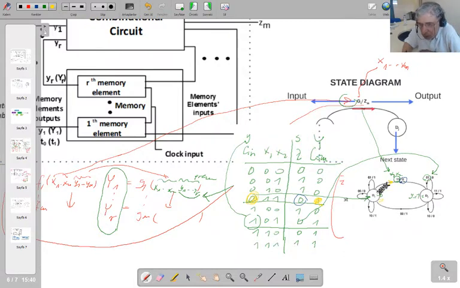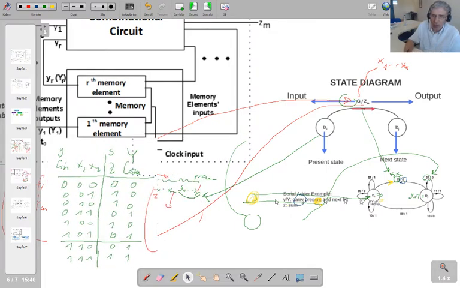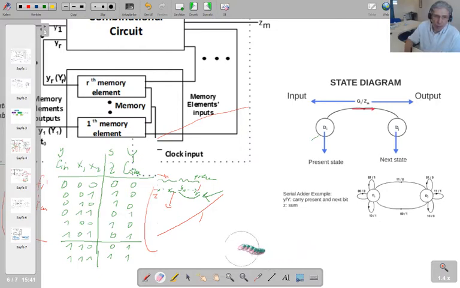arrow in. So there is a line in between. What I am saying is this. Once you know this table, you can transfer this table to a state diagram like that. When you transfer it to a state diagram like that, then I am saying we could use this state diagram as a model. So I'm going to use this model to do a